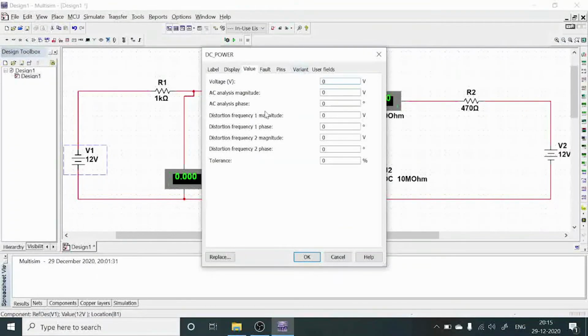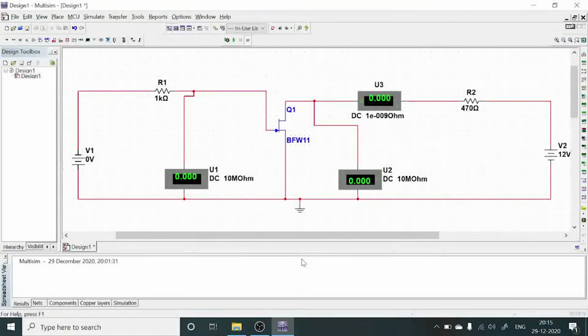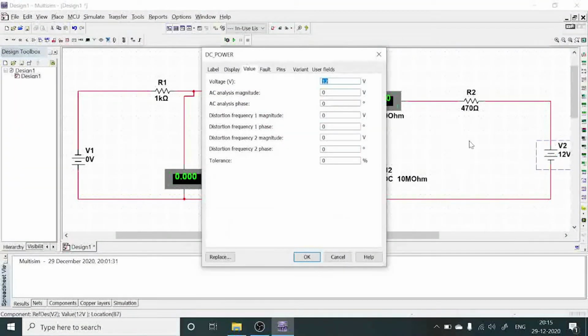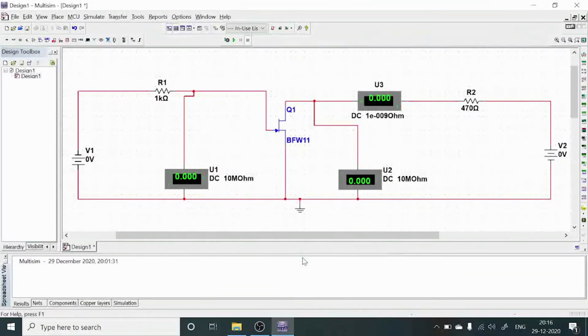Type the 0 and select OK. Then the second DC source we also need to modify. Initially, both DC source voltages should be 0. Then select OK. After this, just use the run button, or press F5.